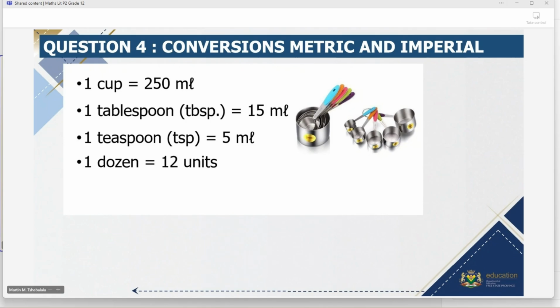And when you talk about dozens, we don't talk about eggs only. It's just an example. That's why it is said 1 dozen is equal to 12 units. We can have a dozen people in a taxi, a dozen people in a class, meaning that there are 12. So can we have half a dozen chickens? You see that it's 6. Don't attach it to eggs only. You can have a dozen of a lot of things. Those are the things that you must remember.